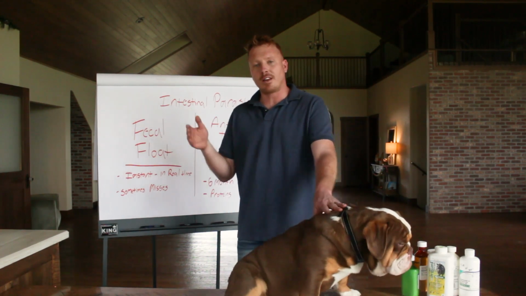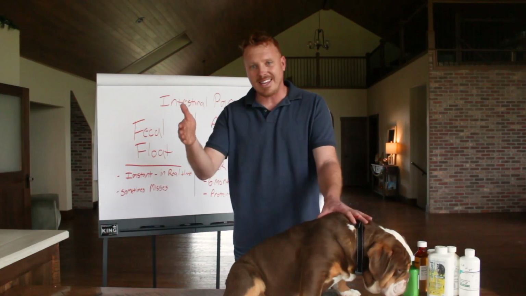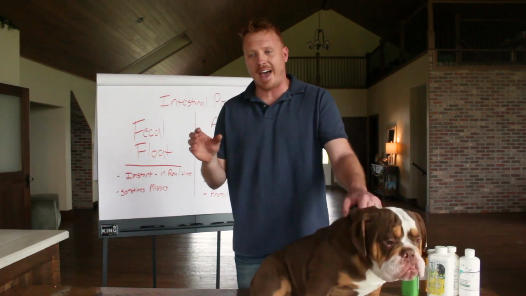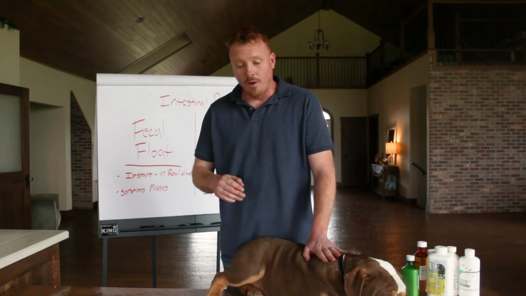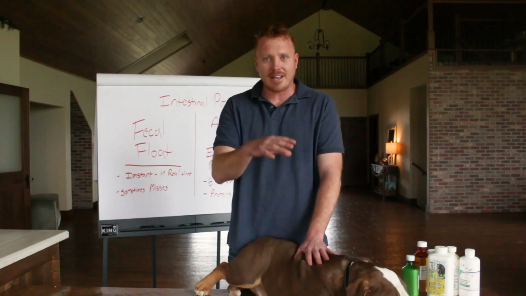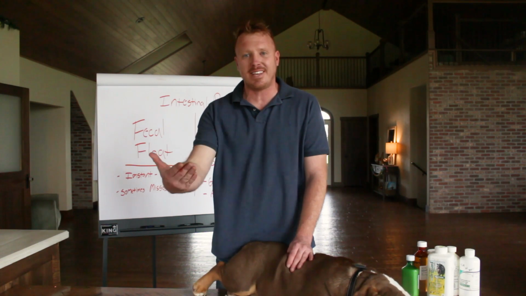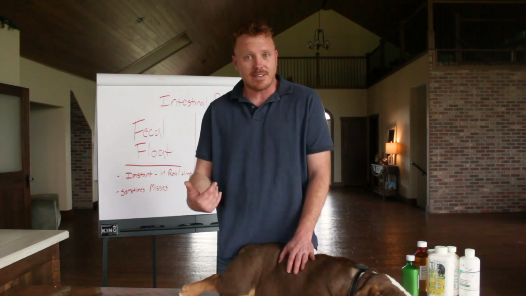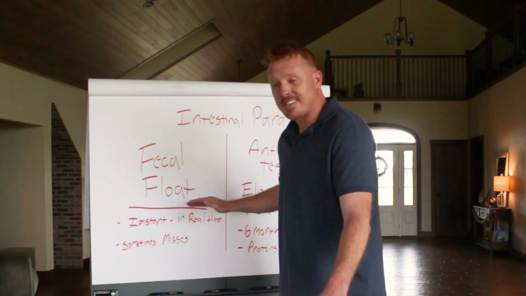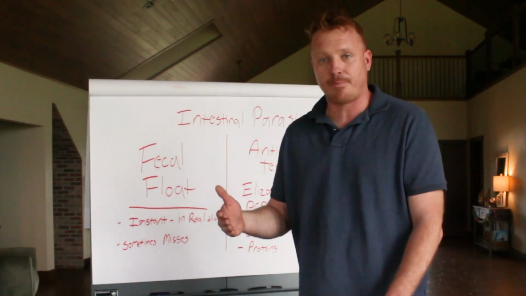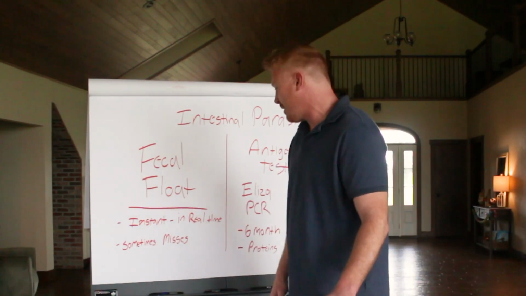One of the things you need to understand with a fecal float is that it's instant, it's in real time. It is actually analyzing the thing that's coming out of your dog. So if a puppy has Giardia, it's going to actively pass the cyst in its feces. We're going to see that in a sample. And so one of the positives is that it's in real time. If your dog is positive, it's most likely going to be shedding.